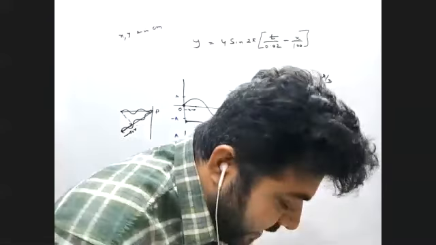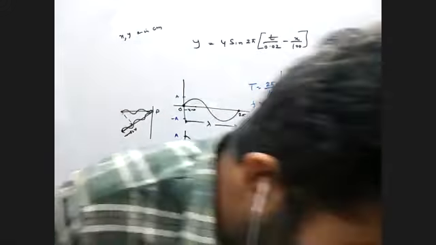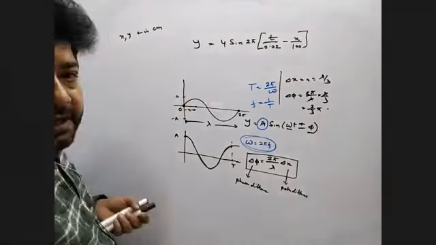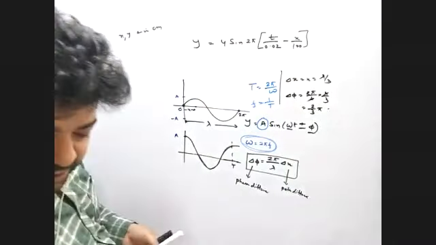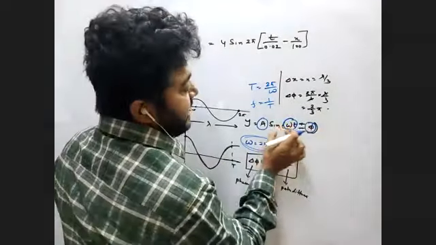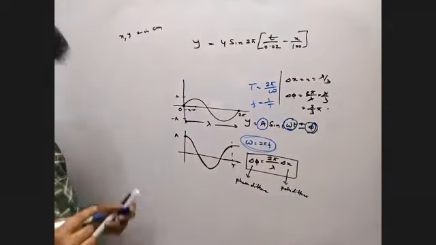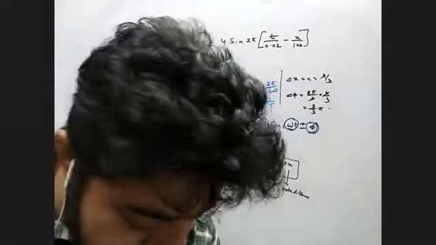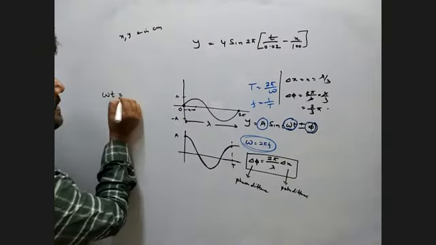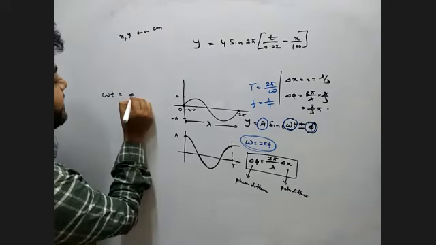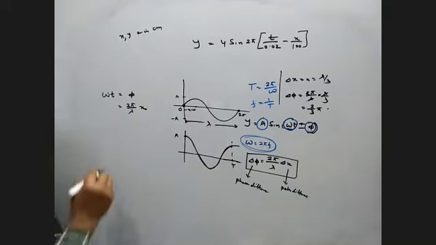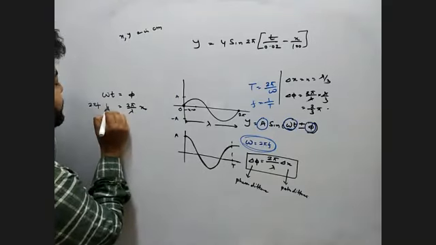After that, next one is this one is your wave, this one is your angle, and this one is your angle, because within the sine the value is always an angle. So as both of these are angles, we can say omega t equals the phase angle, that is 2 pi by lambda into x. What do you mean by omega? Omega is 2 pi times frequency into time.